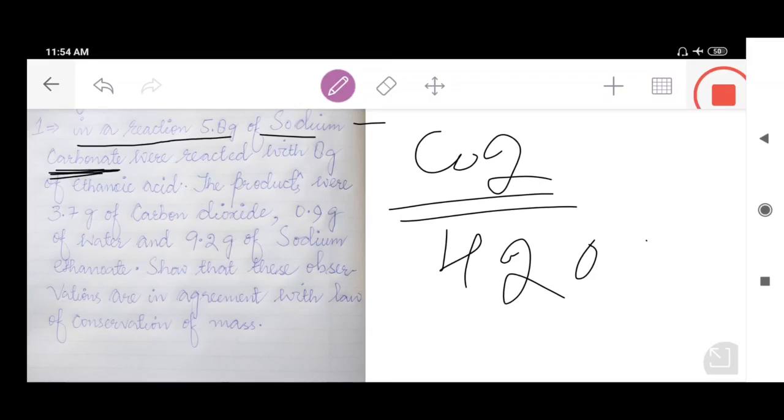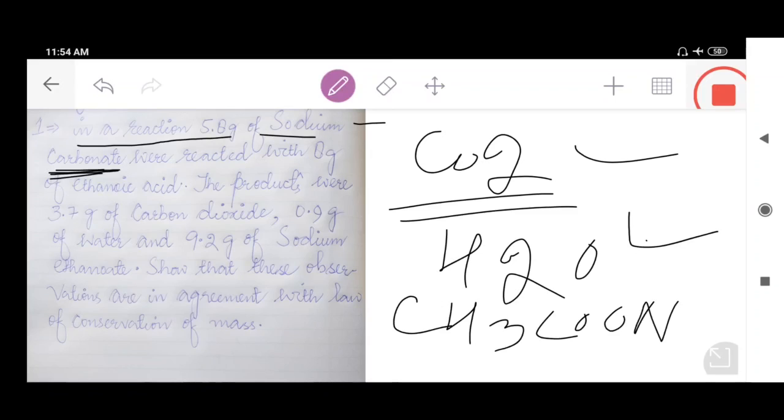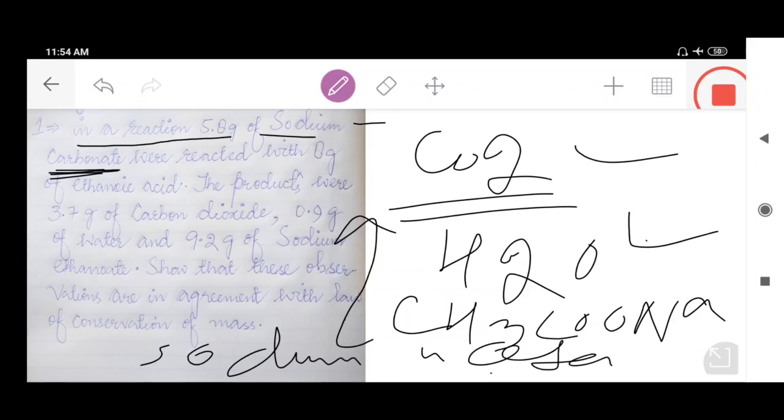The products were 3.7 grams of carbon dioxide and 0.9 grams of water and 9.2 grams of sodium ethanoate. The formula of sodium ethanoate is CH3COONa. This is also called sodium acetate. So this CH3COONa is also called sodium acetate because, look,